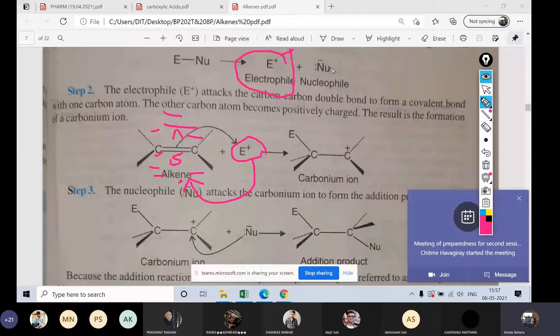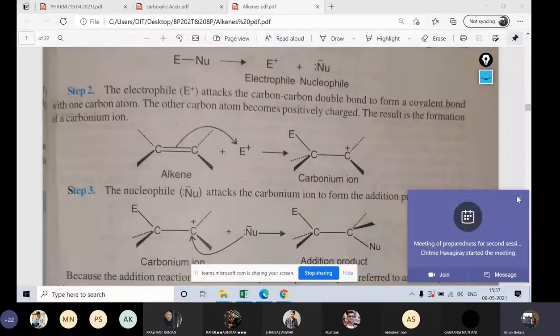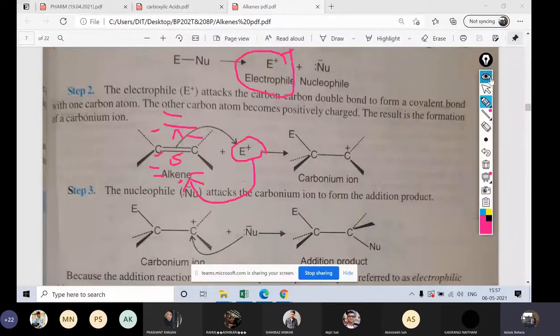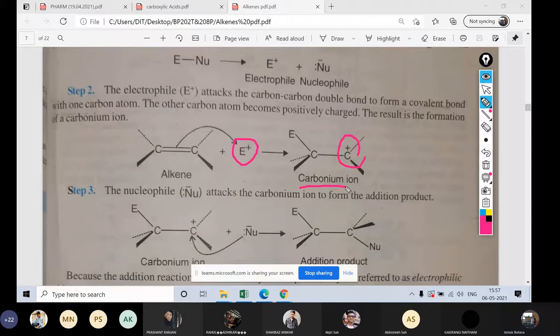इसलिए पहले the nucleophile has not come and not taken part in this. Who has taken part in this? The role is your what? Electrophile. Okay, please remember. Electrophile. So now after attaching, this has been added up, so the other part becomes positive. Carbonium ion formation. Okay, now this is positive, so the nucleophile attacks the carbonium ion. And the final product is the addition product.